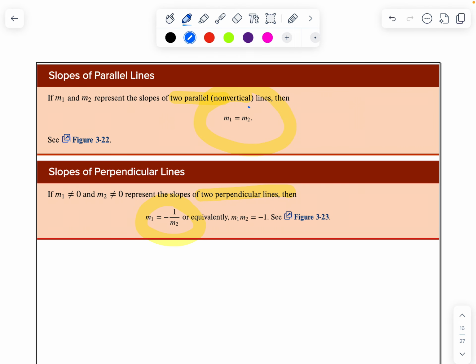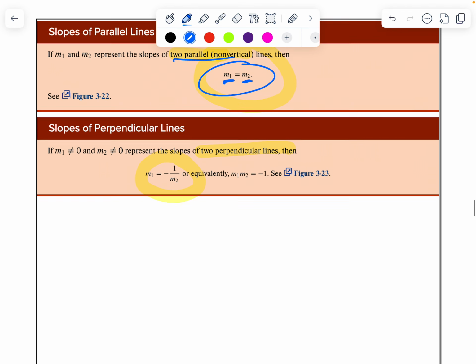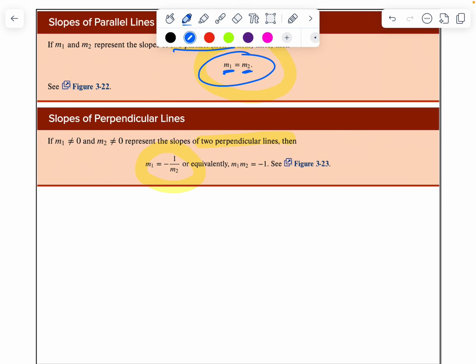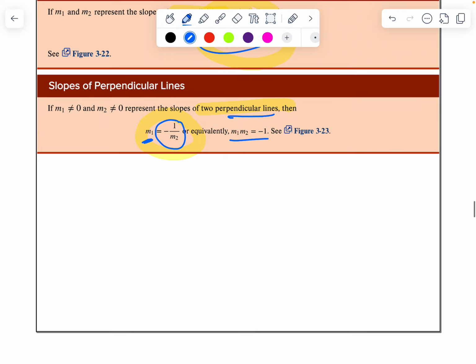This is a reminder of the same thing that the last slide was saying. For two parallel lines, their slopes are the same. The slope for line 1 is the same as the slope for line 2. For perpendicular lines, their slopes are opposite reciprocals, and so the slope of line 1, if we take it and make it into a fraction and change the sign,